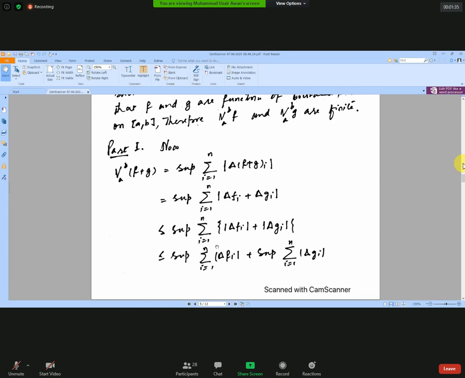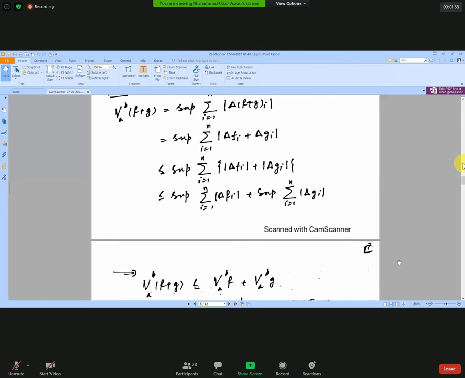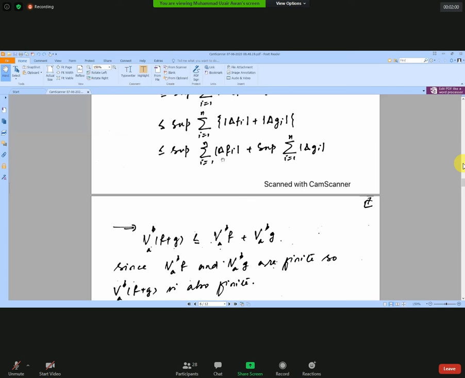ठीक हो गया? That will be less or equal to, because supremum of F plus G is less or equal to supremum of F plus supremum of G. So which is less or equal to supremum of summation I is equal to 1 to n del Fi plus supremum of summation I is equal to 1 del Gi. ये किसकी definition है? It is the definition of total variation of F, and this is the definition of total